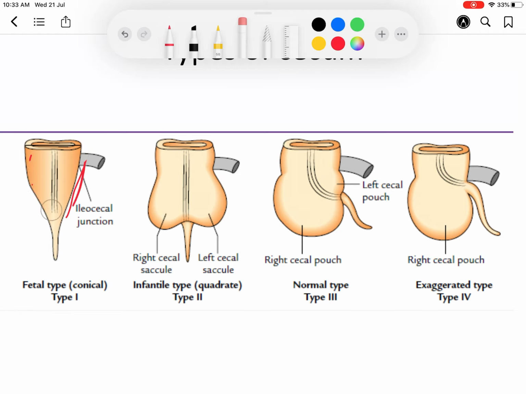After birth, the right and left cecal saccules will grow, and the right cecal pouch grows excessively,